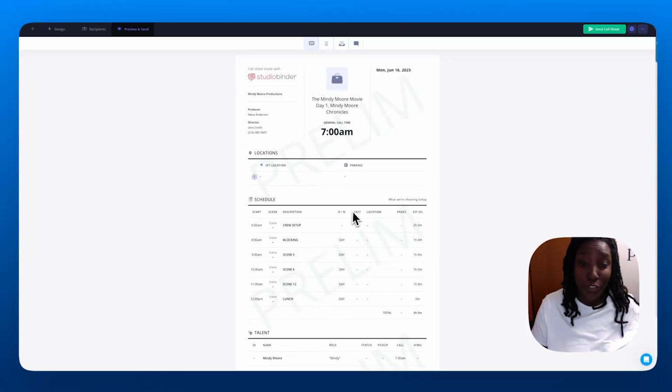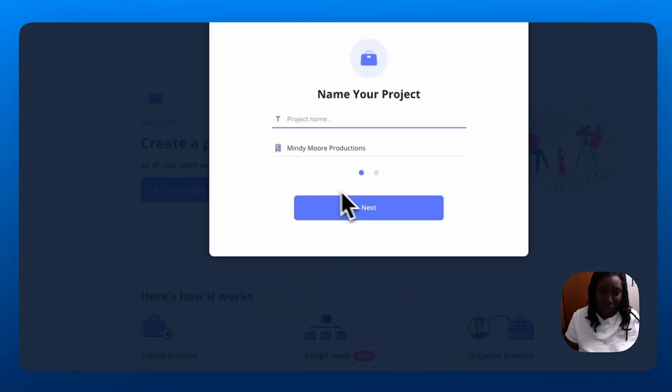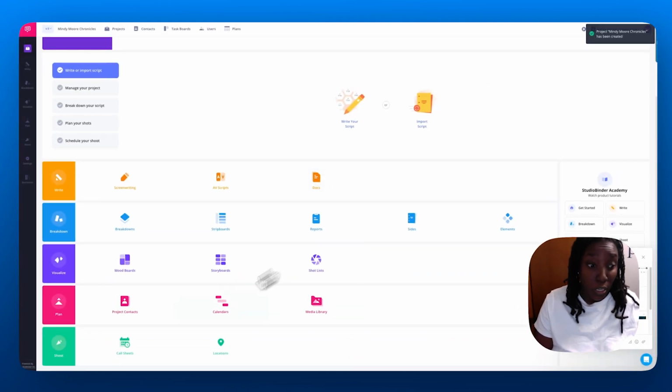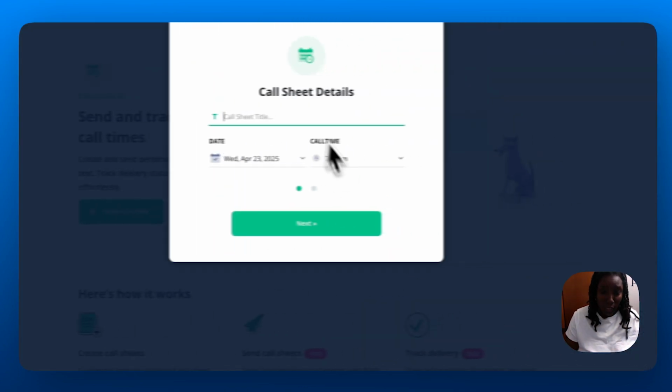So this is kind of what your finished call sheet is going to look like. Now here's how to make it. So click new project, create a new project, and then you're going to see this page right here. Scroll all the way down to where you see shoot, click call sheets. New call sheet,